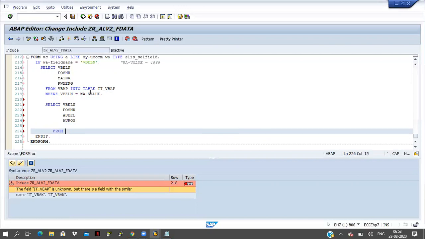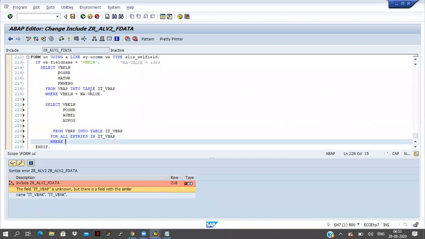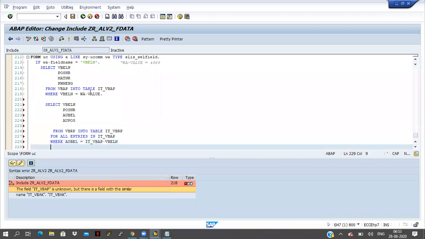From VBRP into table IT_VBRP for all entries in IT_VBAP where AUBEL equals IT_VBAP-VBELN and AUPOS equals IT_VBAP-POSNR. These are the link fields. I will show you the table level.